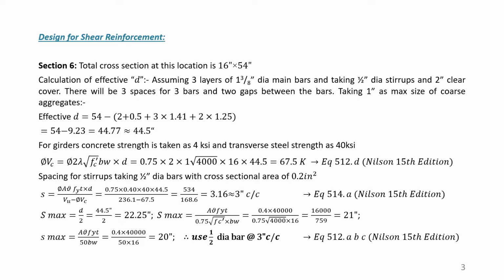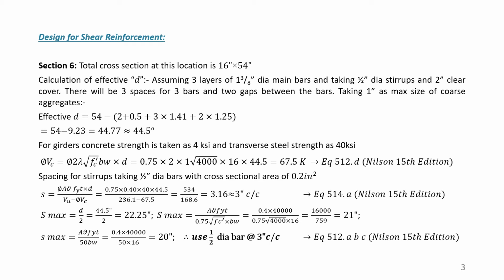For girders, concrete strength is taken as 4 KSI, and transverse steel strength as 40 KSI. Here we have used, for the girder in slab design, maybe 3 KSI as the concrete strength and 60 KSI as the steel strength. Here, as this is a girder, we will be using 4 KSI, and for the transverse steel we can use the lower grade, because if we use a higher grade then the spacing becomes too much, and in that case